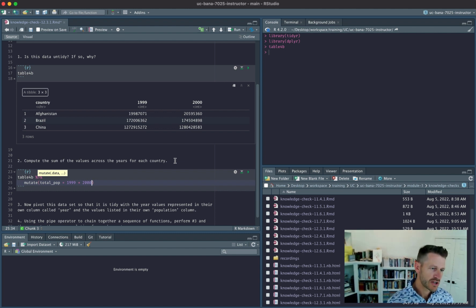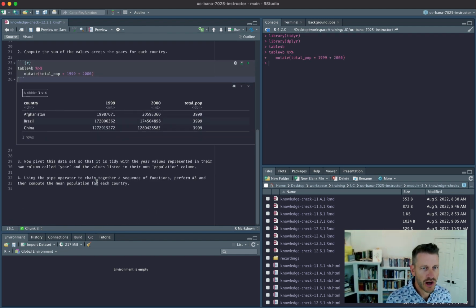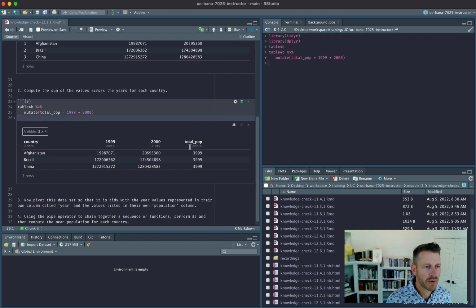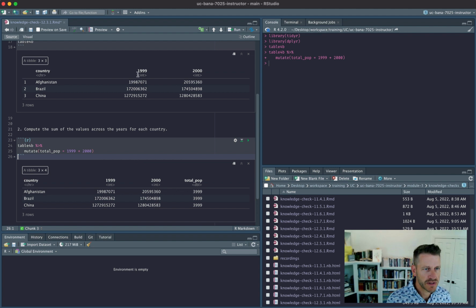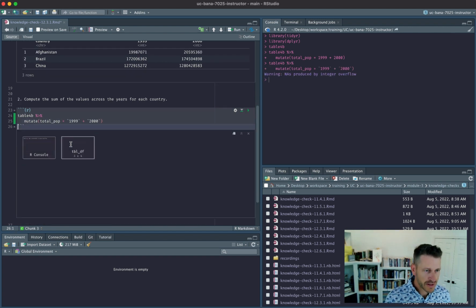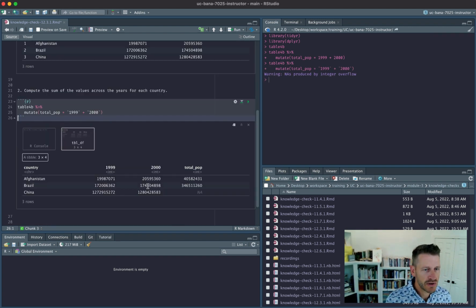Now, we can't actually do it like this, because in R, within the mutate, it would simply add 1999 plus 2000, and our column would be 3999. What we mean to do is refer to the column names that are the numbers 1999 and 2000. To refer to column names that are integer values, we use backticks. Now when we run this, we see we are computing the total. Now we have a problem here in this third row, and the reason for this is because